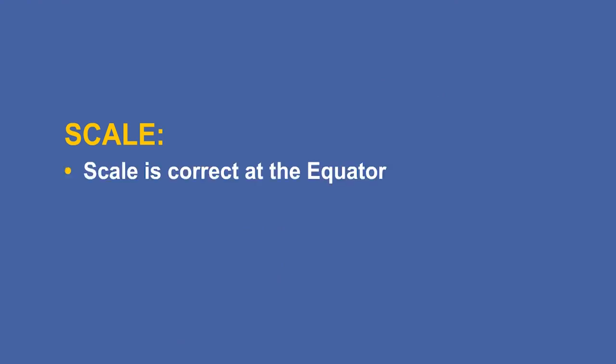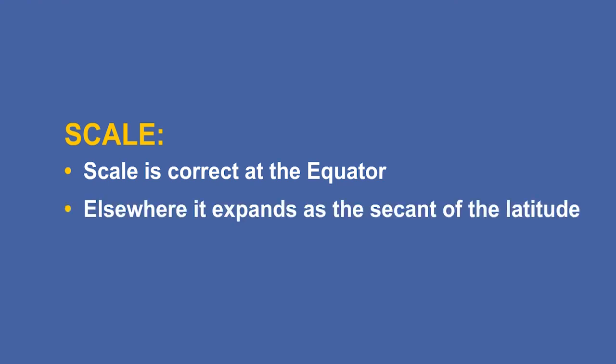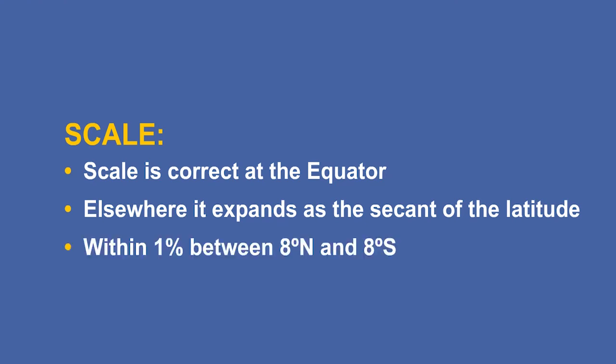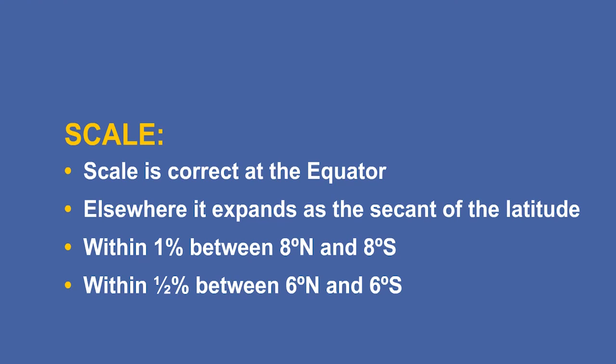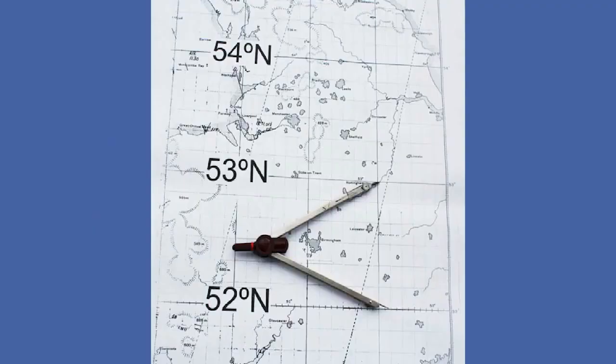So, to summarize, Mercator scale is correct at the equator. Elsewhere, it expands as the secant of the latitude. It is within 1% of the equator scale between latitudes of 8 degrees north and 8 degrees south. And, incidentally, it is also within 0.5% between 6 degrees north and south. It is perfectly possible to use a Mercator chart outside these latitudes, but distances cannot be directly measured with a